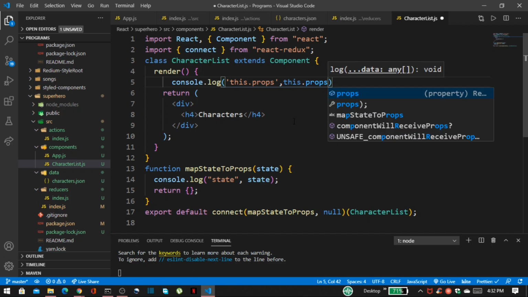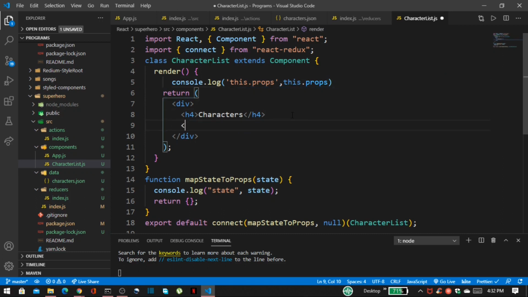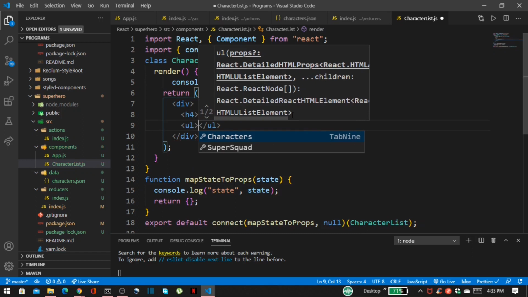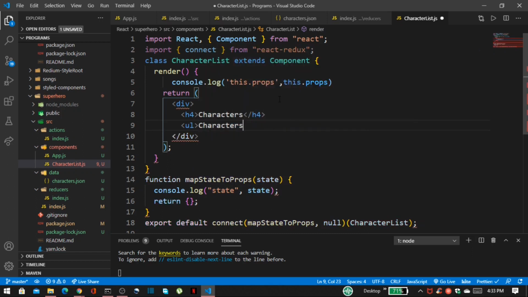And inside this h4 tag I want to use this ordered list. Inside this I want to use this.props.characters.map method.